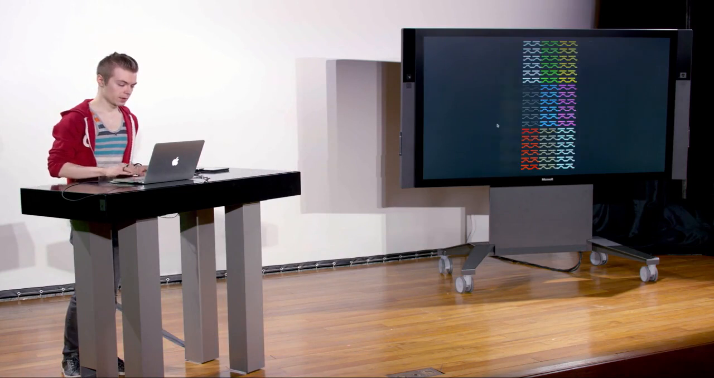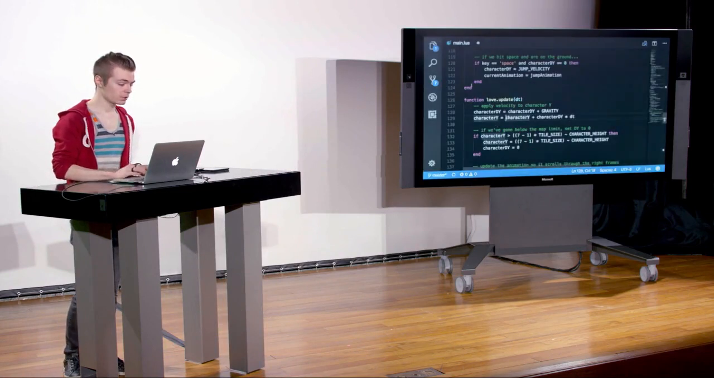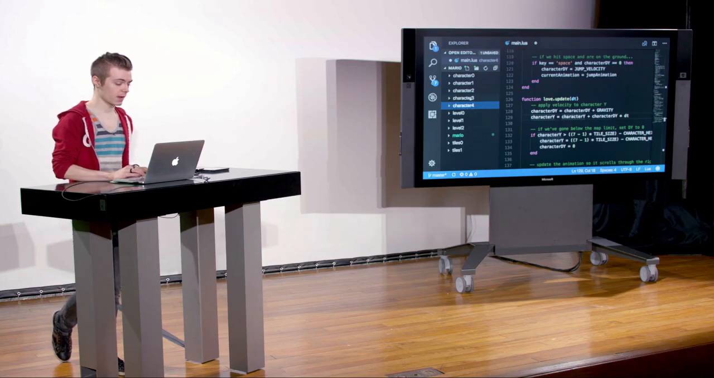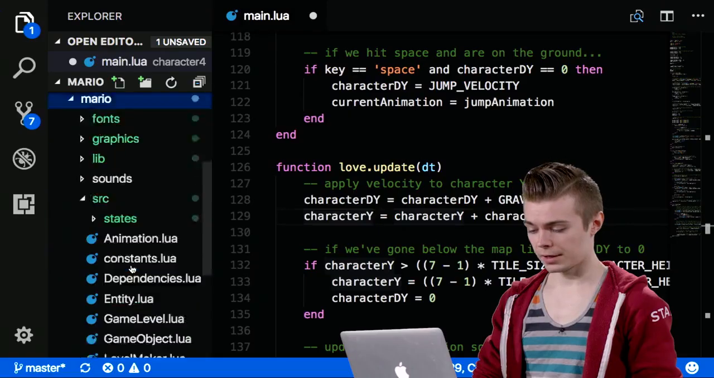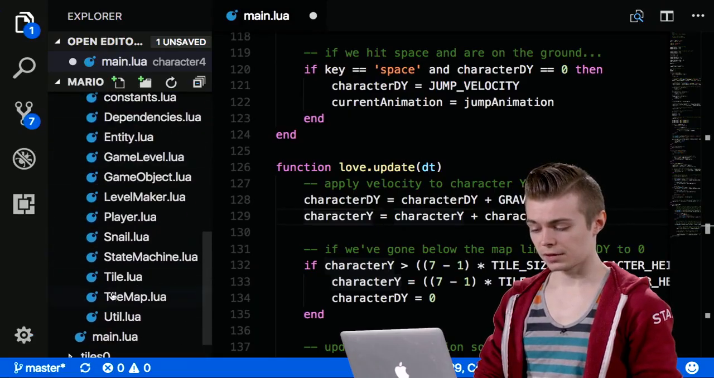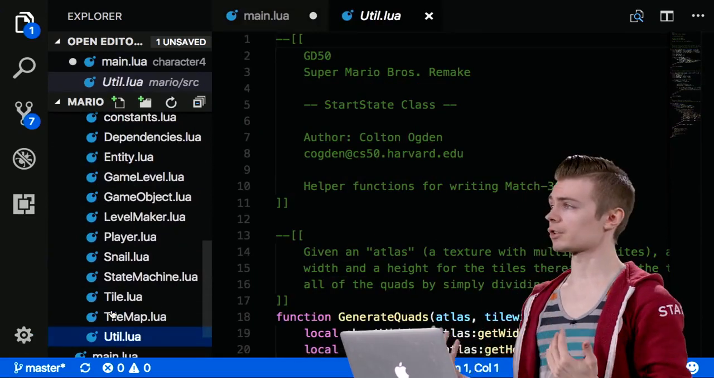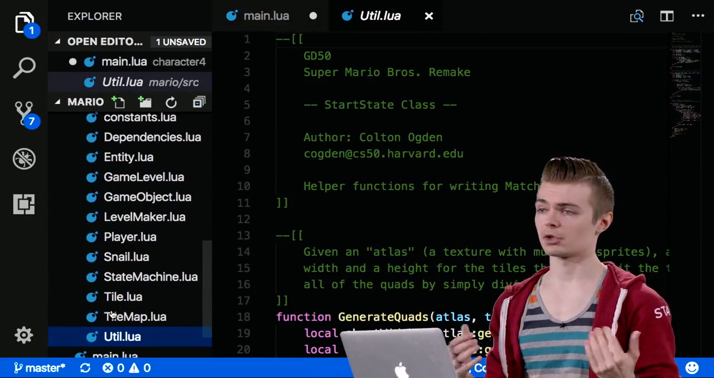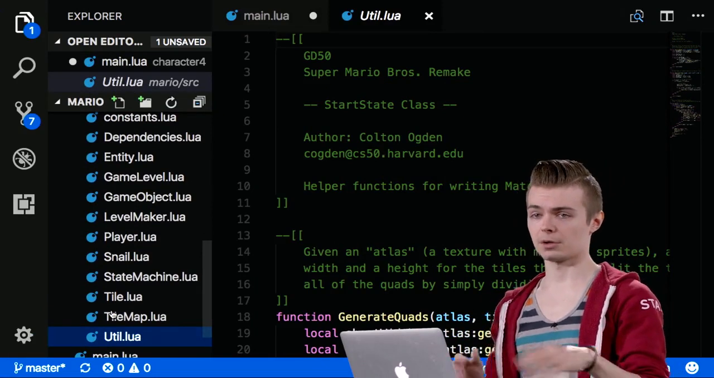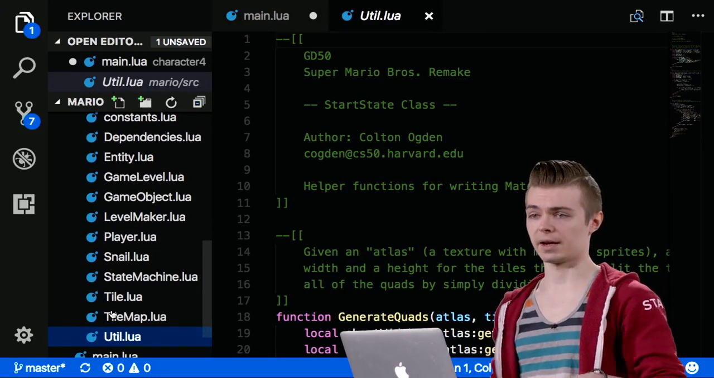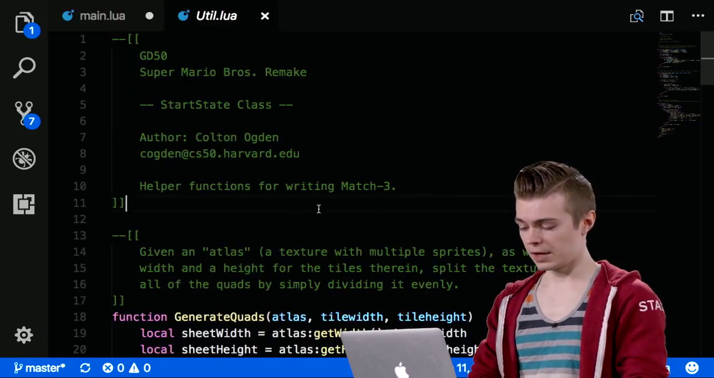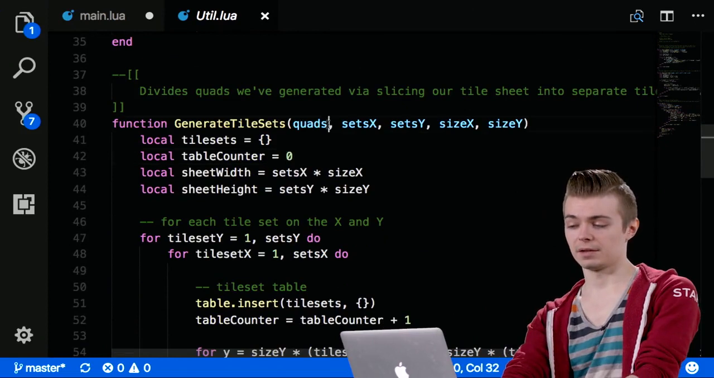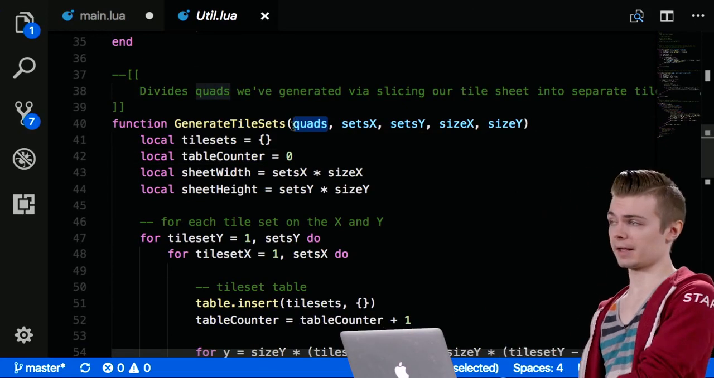So in the actual code, I won't go too deeply into it here, but I'll show you where it is if you're curious to look into how we do that. It's in Mario, in source, util.lua, which is, recall, where we before stored our generate quads function, which does a simple split on a tile sheet along just X and Y based on whatever width and height you pass in. We have in here also a generate tile sets function, which takes in the quads from a generate